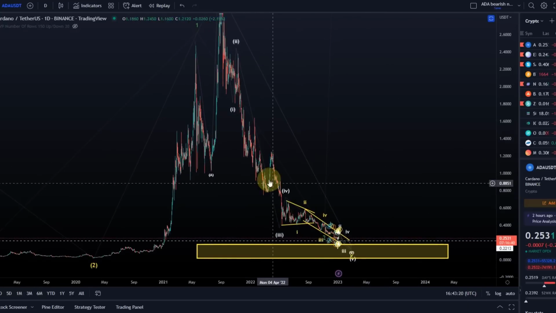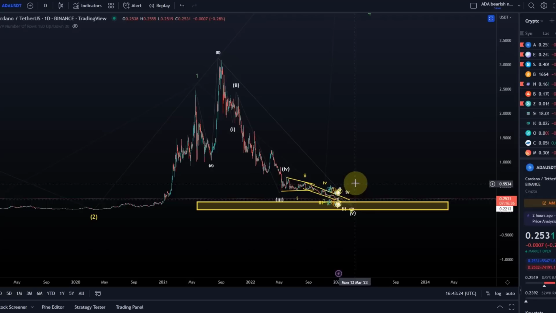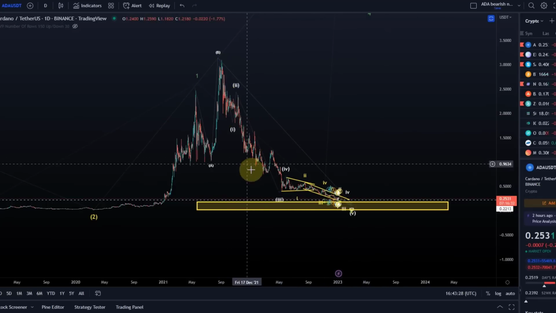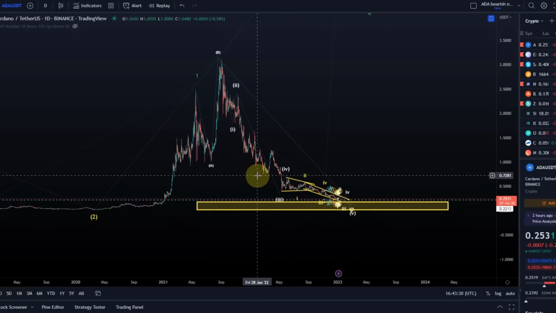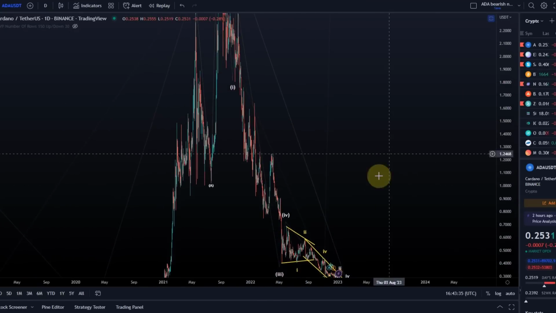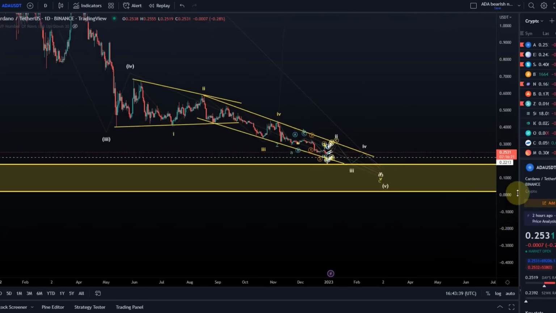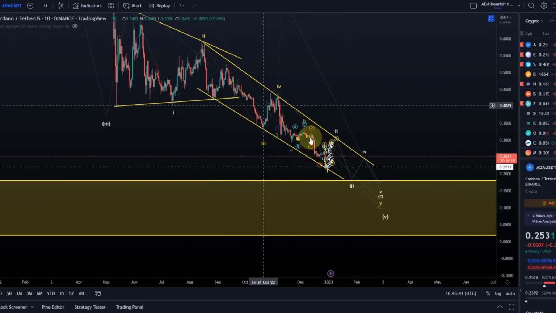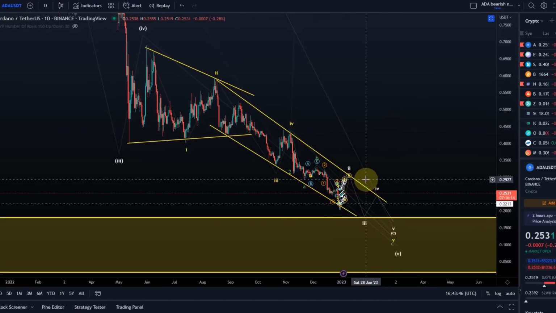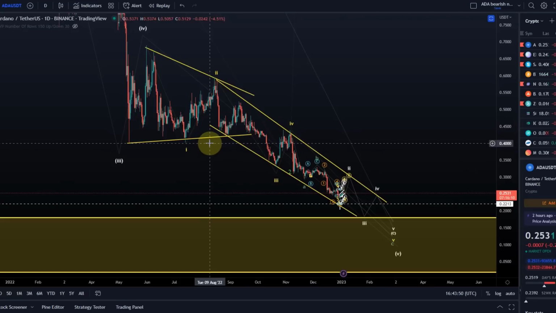But I always encourage you to zoom out and have a look. Are any of these rallies, even if we now see a bit of green candles, any more significant than anything we've seen here? And if not, then you can't really make a call that a substantial low is in. We can explore it, but for now we don't see anything that's even close to that. So the view has to be that we're just in a downtrend, especially as long as we are in this descending channel. Happy to change my view as soon as we see some signals, but I don't think we are seeing anything yet. I'll of course keep you updated.